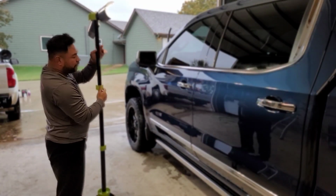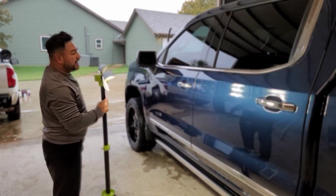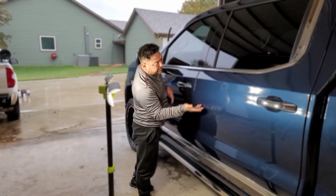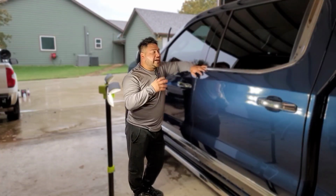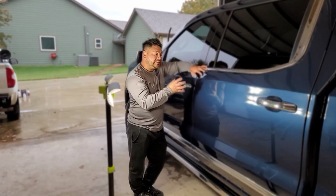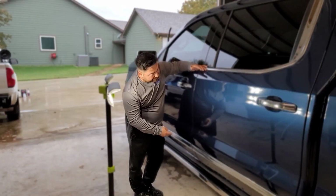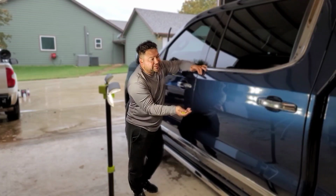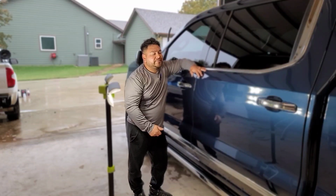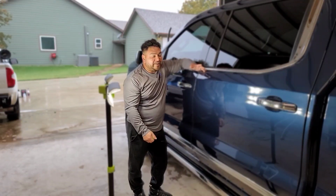And usually when I'm doing the doors, I will lower this down to just that right there, and I get enough coverage of the whole doors here. And I know it's not a correction light. I really don't care if it's a Scangrip. What I want is a light I'm looking for something that's going to let me see the defects. With changing the modes on it, it will give you different settings, like that mode right there, it's just less. And I'm able to see if this truck has any defects. I'm not for paying a lot of money for the Scangrip lights. Those are great. For me, I just don't see the benefit of paying that high amount when I can literally